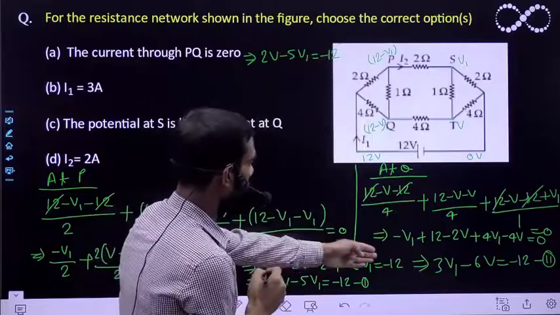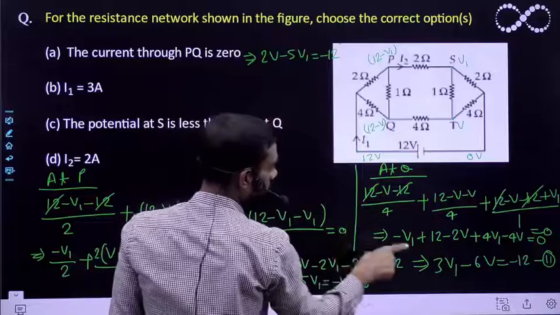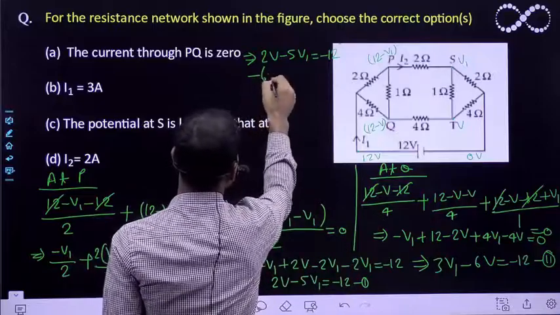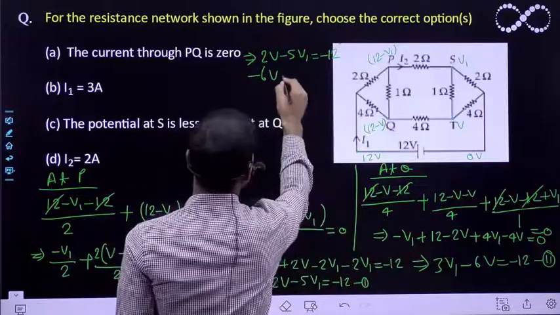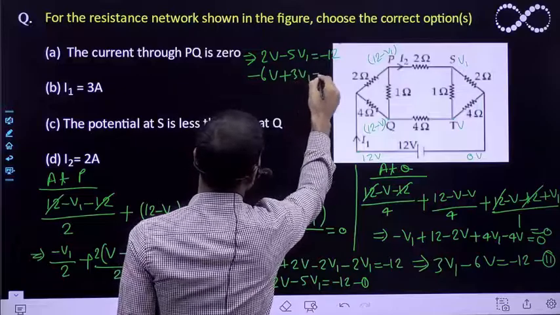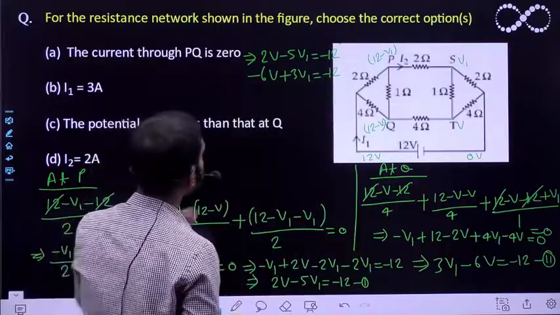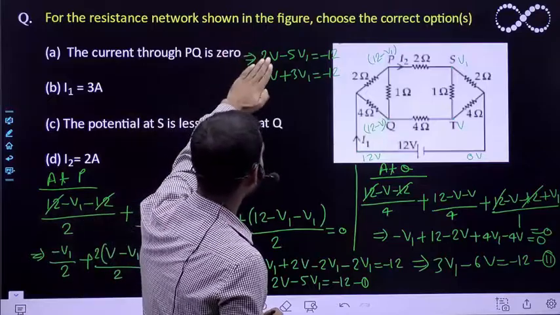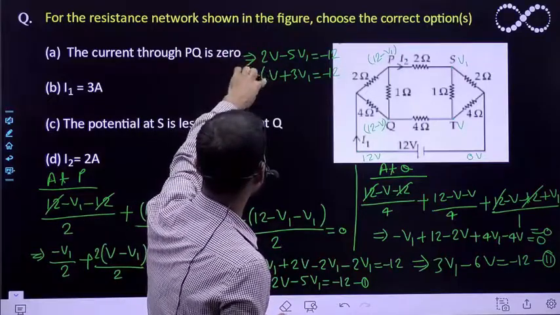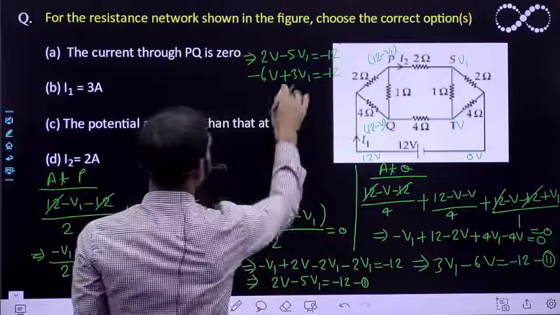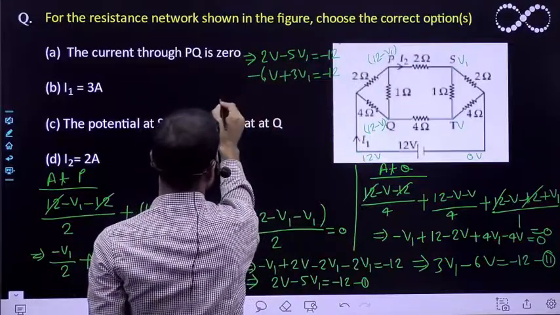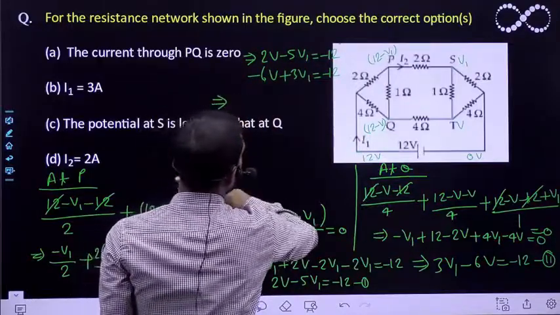Now equation 2 I am getting, right, minus 6V plus 3V1 is equal to minus 12. So I can solve this, right? If you see, the right hand side of both the equations are equal. So this will be equal to this, and if you equate the left hand side of these two, then you will get here